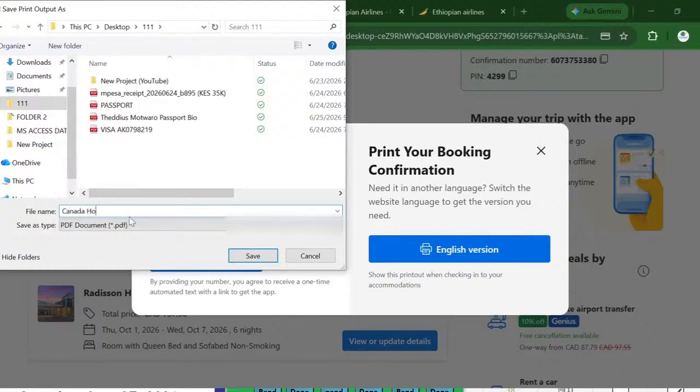And that's the entire process, from searching for a hotel in Calgary all the way to a saved, printed confirmation. Follow these same steps for any destination, and you'll have your next